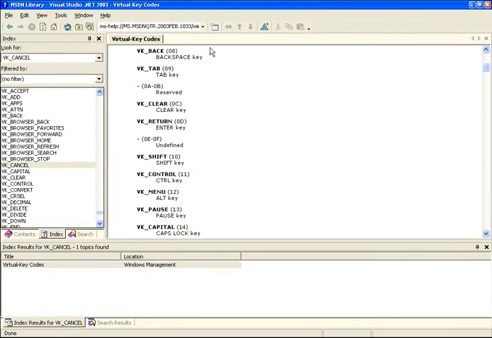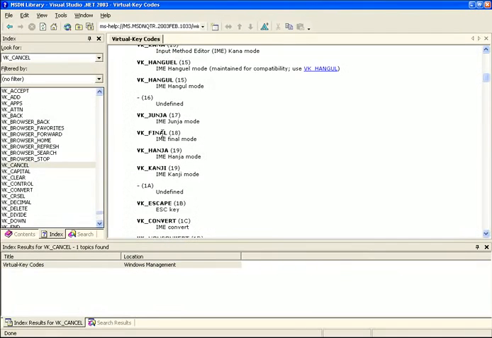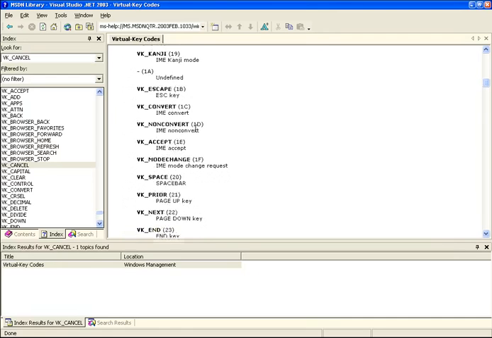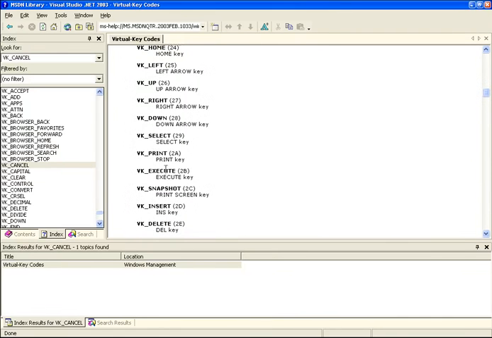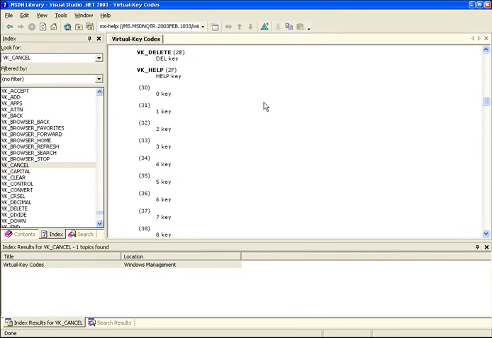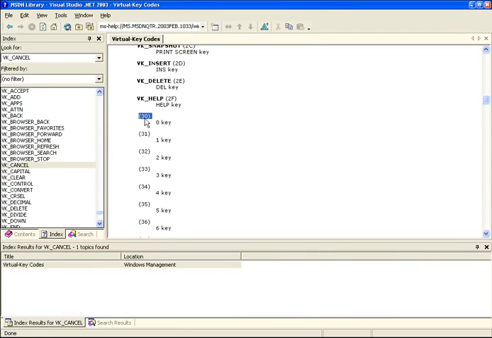So you can see if we receive VK_return, that means that someone pressed the enter key. If we receive VK_escape, someone pressed the escape key, and so on. So there are all these key codes that have been predefined for us, but there are a number that haven't been predefined. So you notice number 30 here, well, the key code number 30 represents the 0 key on the keyboard,